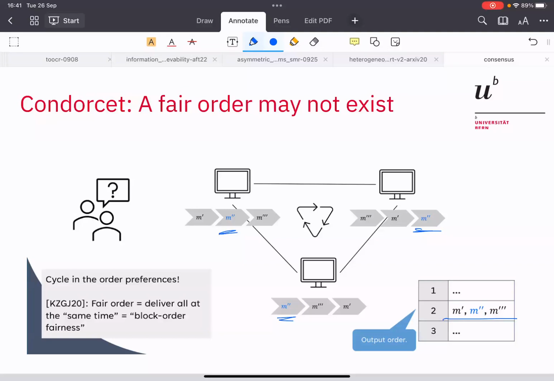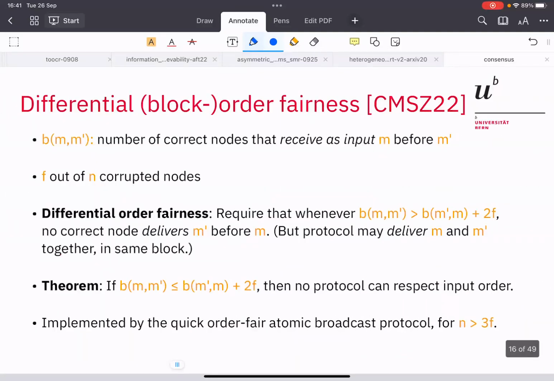We looked at this situation later and defined a slightly refined notion that we called differential order fairness, where we count, for each pair of transactions, called M and M prime here, which one arrives first at honest validators before another. If eventually everybody is going to receive M and M prime, how many honest validators have received M before M prime, and how many have received M prime before M? And some nodes are still corrupted. We can count the corrupted nodes,